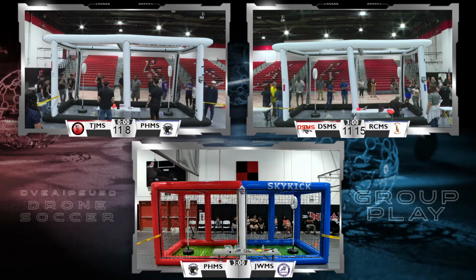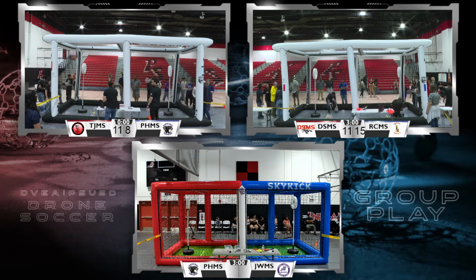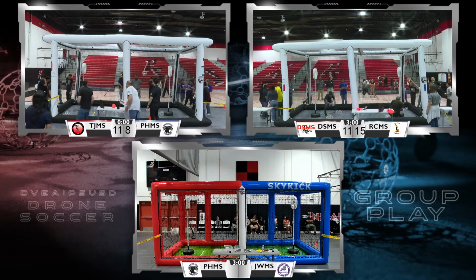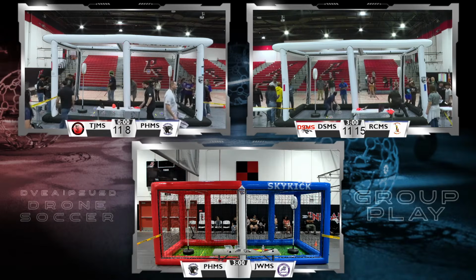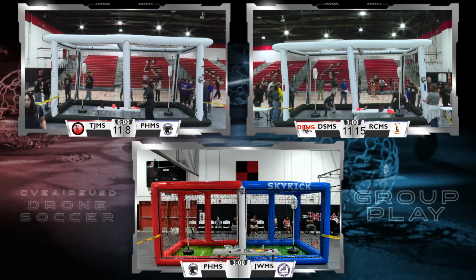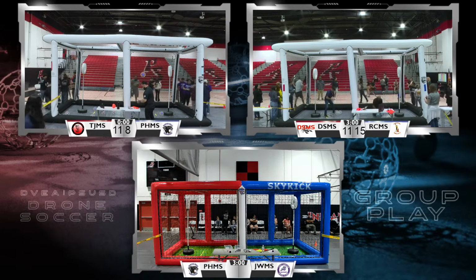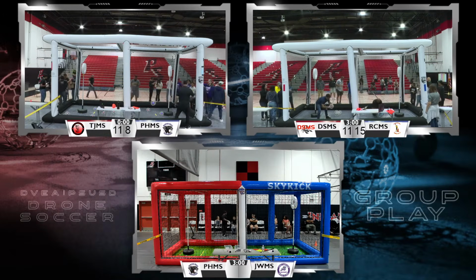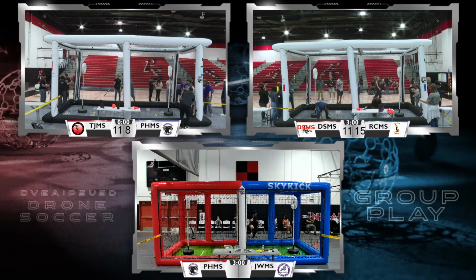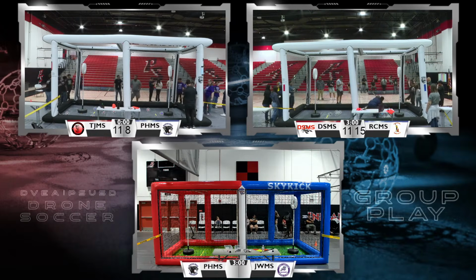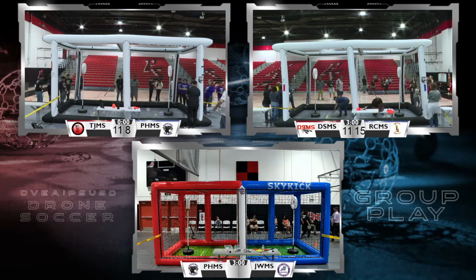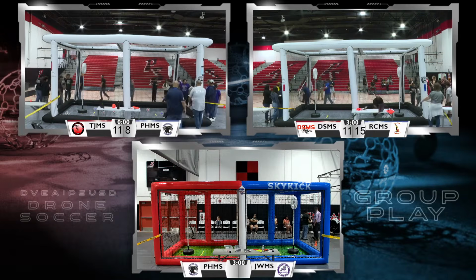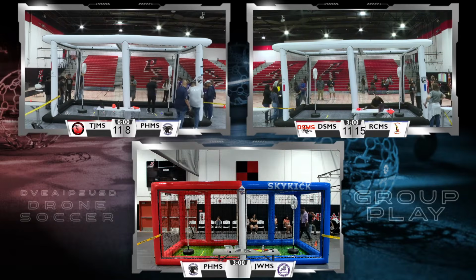See high fives all around on the squads. Painted Hills Middle School and Thomas Jefferson Middle School will reset their drones, new batteries. Coaches will confer on the final score, get the signatures from the official judge, and we'll get that information updated as soon as they can. There are sometimes changes to the scores depending on what the judges see with regards to penalties. As a reminder, penalties are when a defender enters the plane of their goal.